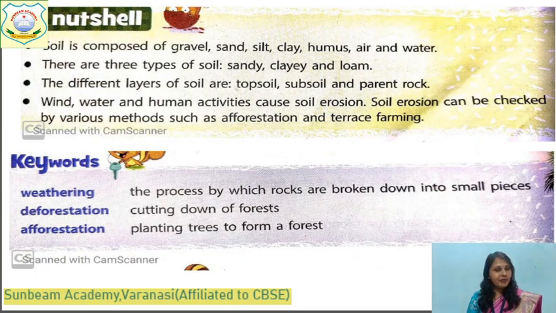It is a very important step for saving our environment. Why? Because plants give us oxygen. When we plant more trees, we will get more oxygen, because in the cities the population is increasing day by day. The number of people is increasing. They all breathe and they need oxygen to breathe. And from where will we get the oxygen? Only plants are the source which produce oxygen. So we should do the process of afforestation, means we should plant more and more trees. Come to the next.